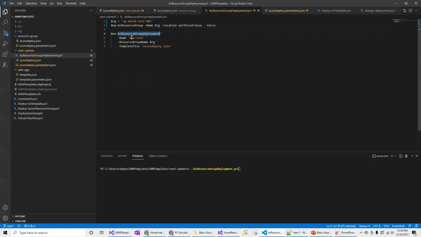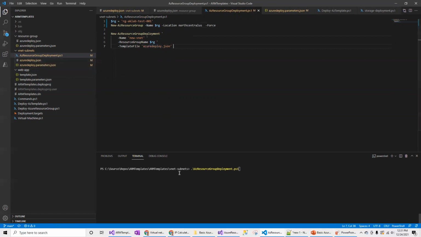This is the az command which is going to be used. You need to pass the name of the deployment and specify the resource group. So the resource group here is test, and it creates the new resource group if it does not exist. If it exists, this is going to run in incremental mode by default. So I need to specify the parameter name.